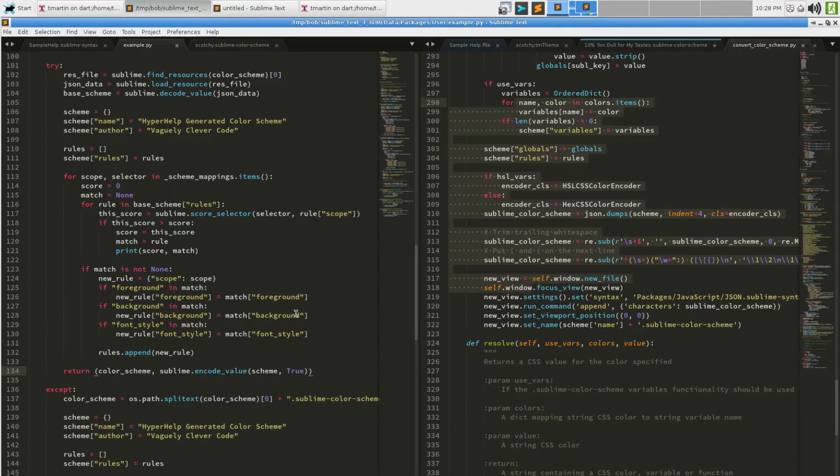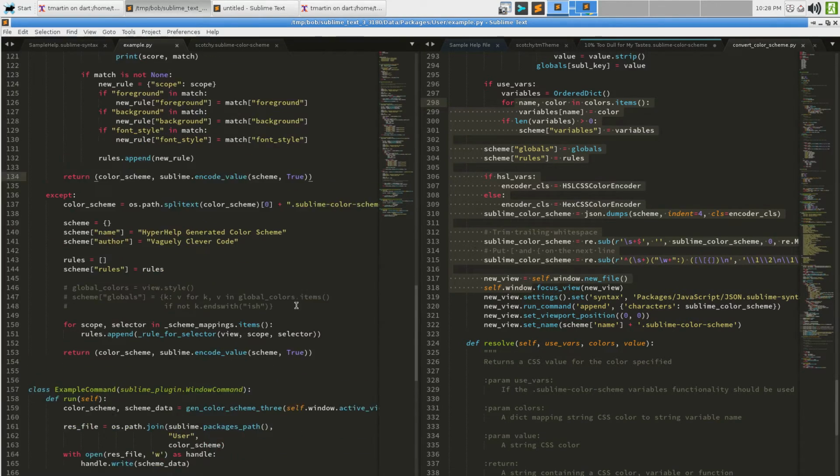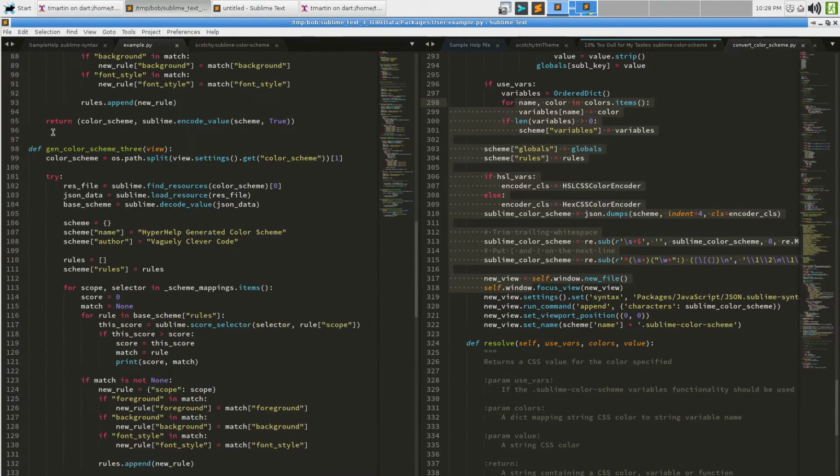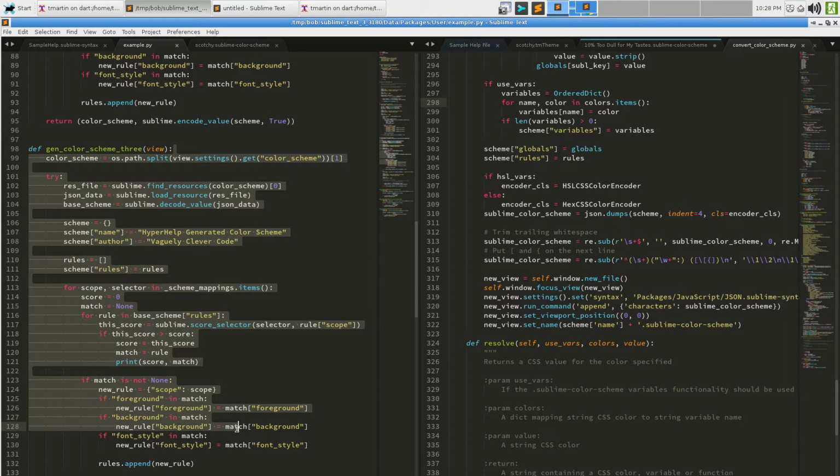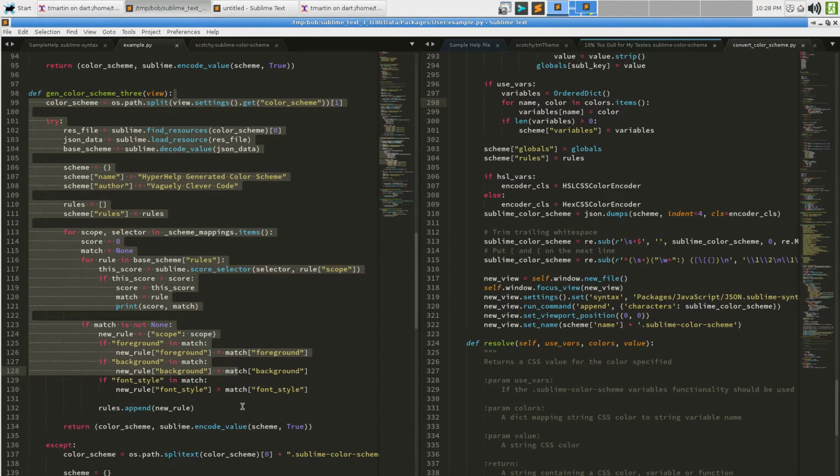Now, the only thing that this leaves out is in what situation would you call this gen color scheme 3? And for our purposes in HyperHelp, if we decide that this is how it's going to work, that would be part of the bootstrap code. As it's generating its Sublime package file, it would call this to be able to grab information.